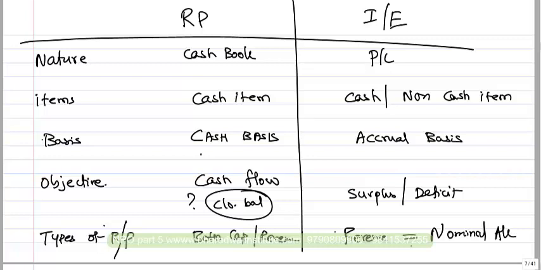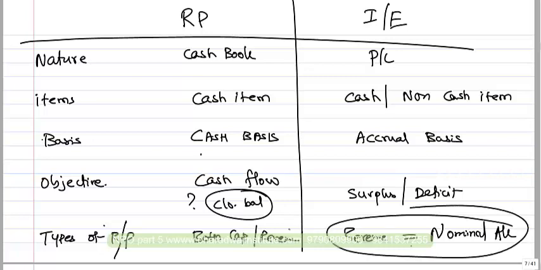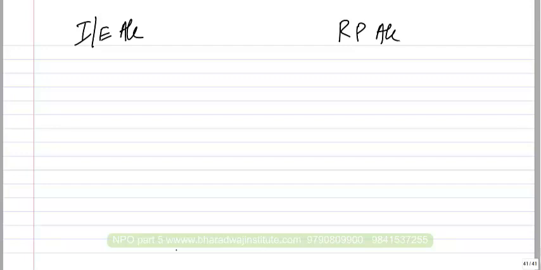What about purchase of investment, purchase of books, purchase of equipments? We will record in payment side, but do you record in income and expenditure account? No. So only revenue items are recorded in income and expenditure account. Nominal accounts are recorded in income and expenditure account, whereas in receipts and payments account, both capital as well as revenue is recorded. Now what is going to be given to us is which one? Income and expenditure account. From this you have to prepare which account? Receipts and payments account. For example, they have given you some details. Let us see how to work out.